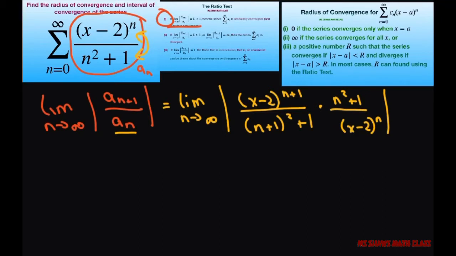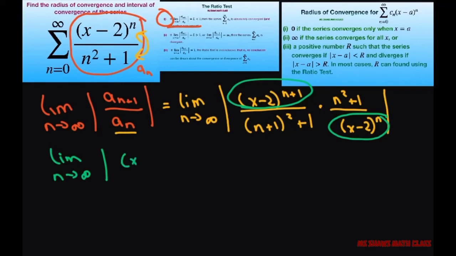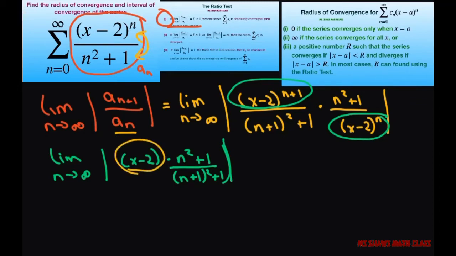Alright, now let's look at this. We're going to take the limit as n approaches infinity and write this, you reduce this, this is just going to be x minus 2, and then we're going to have times n squared plus 1 divided by (n plus 1) squared plus 1. Absolute value, sorry. Now I can pull this out and write this as absolute value of x minus 2